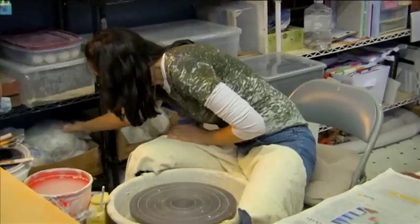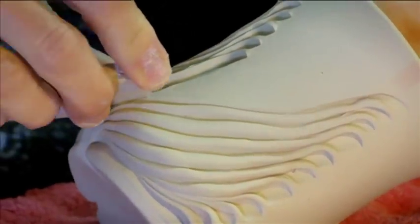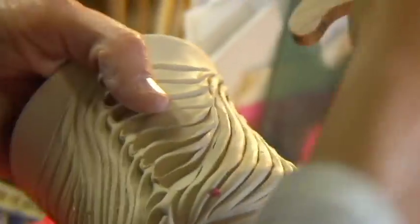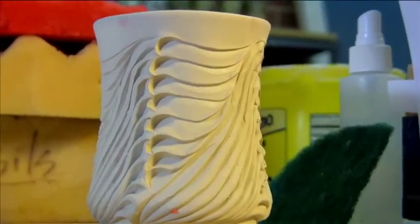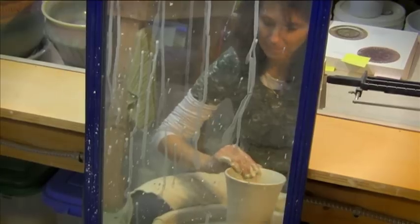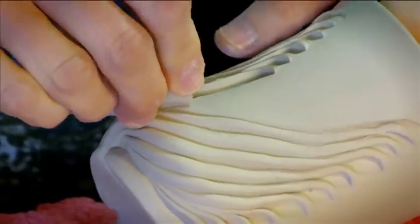Like a lot of good things, discovering my texturing technique was a bit of an accident. One day as a student, I was striking a line on the top of a teapot when it was too wet. My tool slipped and bunched the clay up against the knob. My first efforts in duplicating that texture were very random, and then I began to respond a little bit better